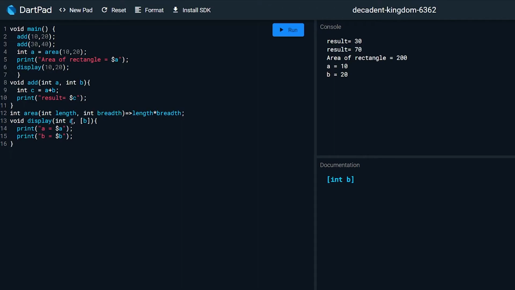That will automatically analyze what is the data type. So we just pass b. Then if suppose we don't give here 20, we just give here 10 and run. So here it is, a equal to 10, b equal to null. This means that we have not given anything to b, so b's default value becomes null and a equal to 10, as we have passed here a equal to 10.